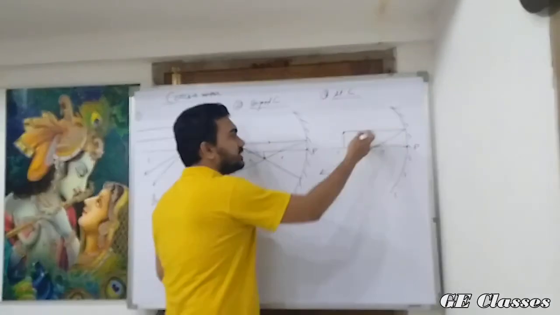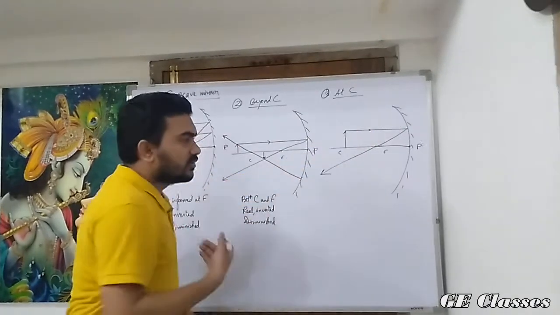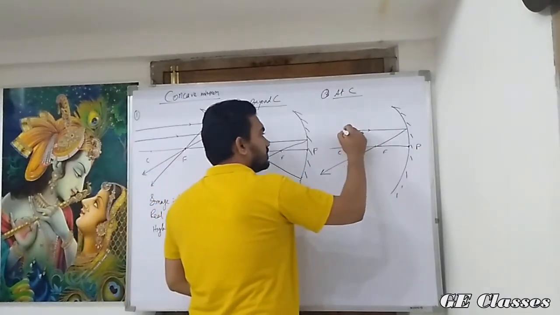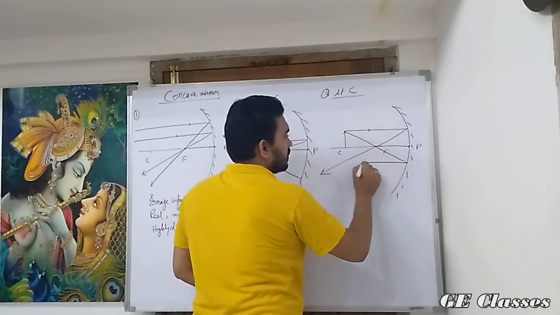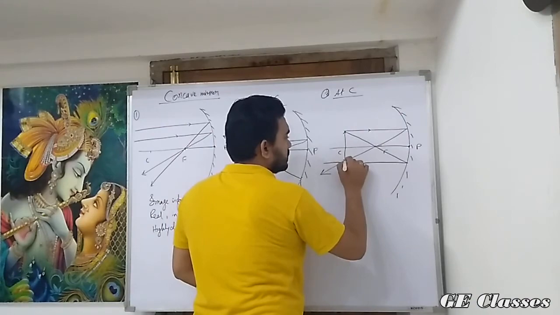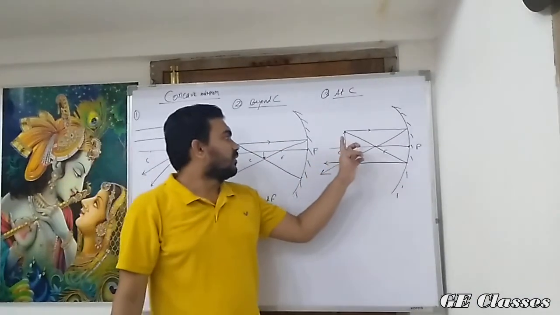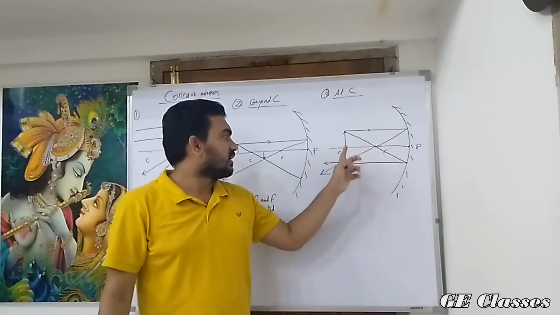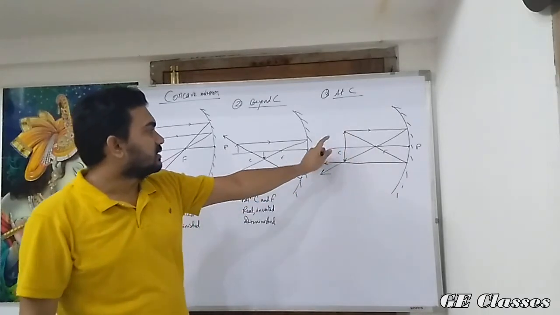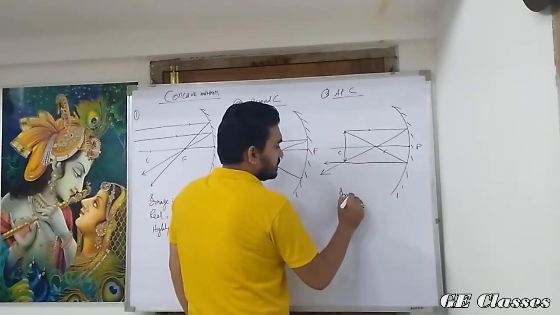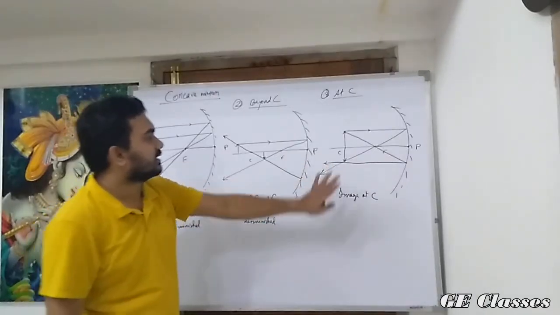So what we will do is take the reverse of this case: a parallel ray goes and comes out through the focus, and in this case we will say that one of the rays goes through the focus. After reflection, it forms the image here. The interesting part is that the object was at C and the image is also at C. It's a bit bent, sorry for that. So the image is at C, and we can surely say that it's real and inverted.